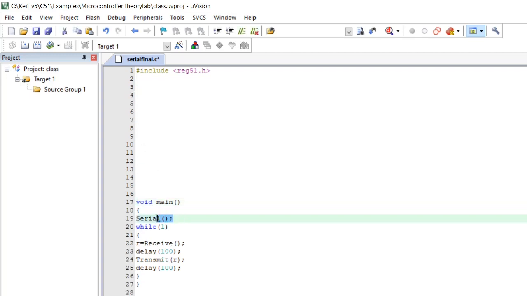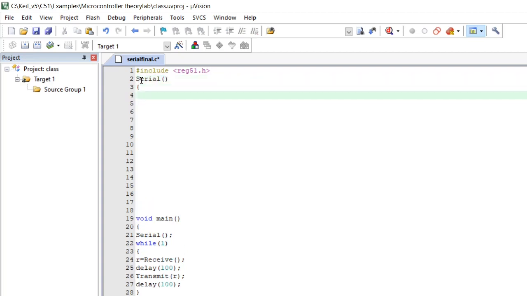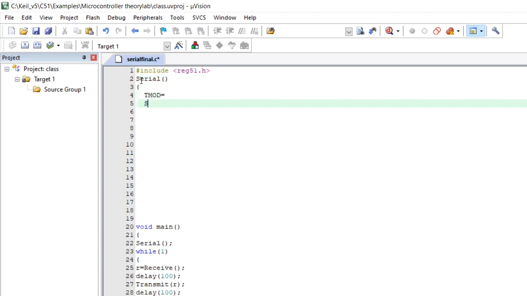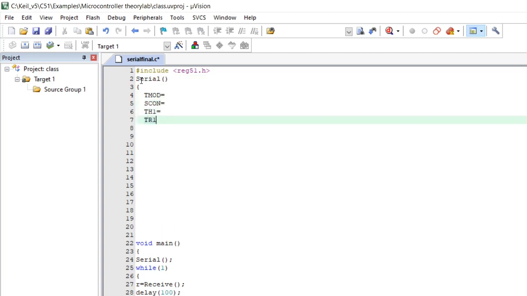In main, the first thing is serial. So let me start with the serial function. Inside, as I told you already, I am going to give the values for TMOD, SCON, TH1 and then TR1.